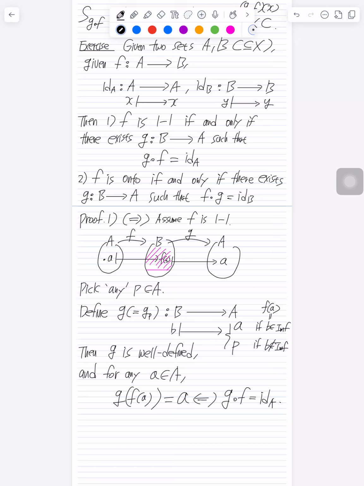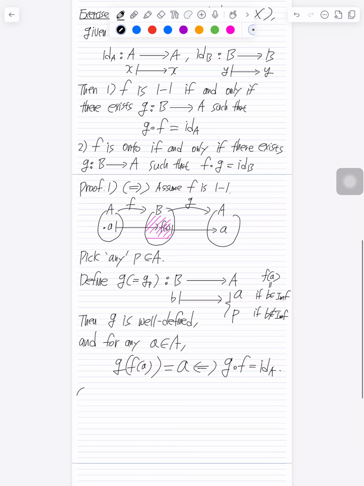So this is one interesting description, and the converse direction is an exercise. Just by using the definition, you are able to show it. So the second part of the exercise, the reverse direction, follows from the definition. So it's just an exercise. Just do this by applying the definition.